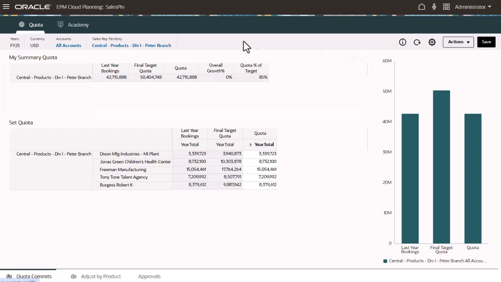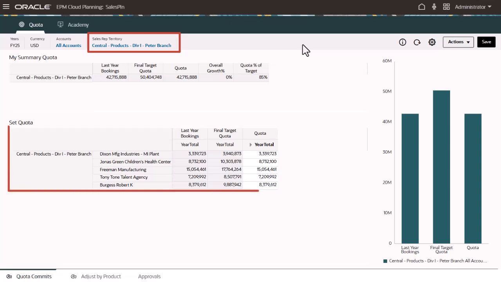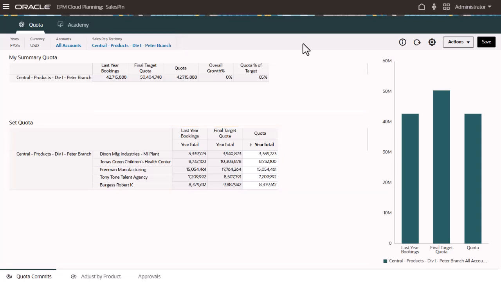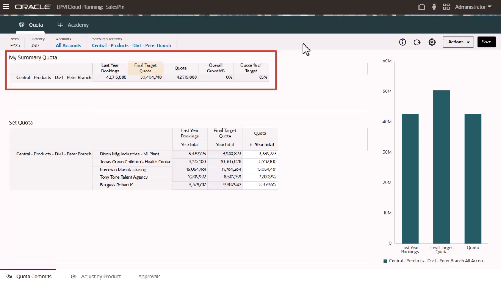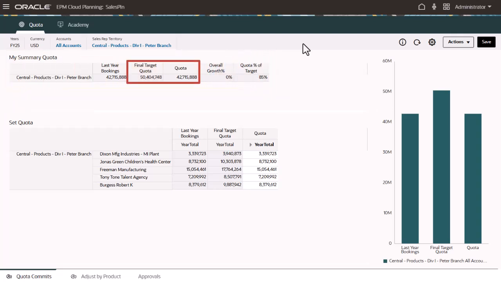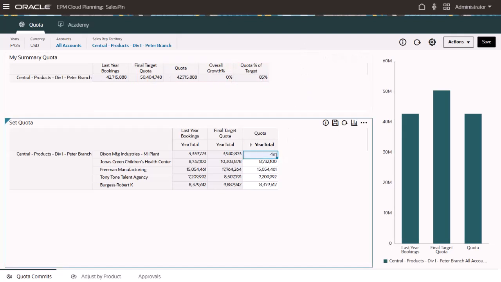As a sales rep in charge of central products in Division 1, I can plan for each of my accounts and allocate quota based on market knowledge and can factor in future sales opportunities. I'll review the top-down quota allocated by my manager along with the overall growth percentage. I can compare the top-down quota with the bottom-up quota as well as the percent of the target. I can adjust the quotas for accounts,